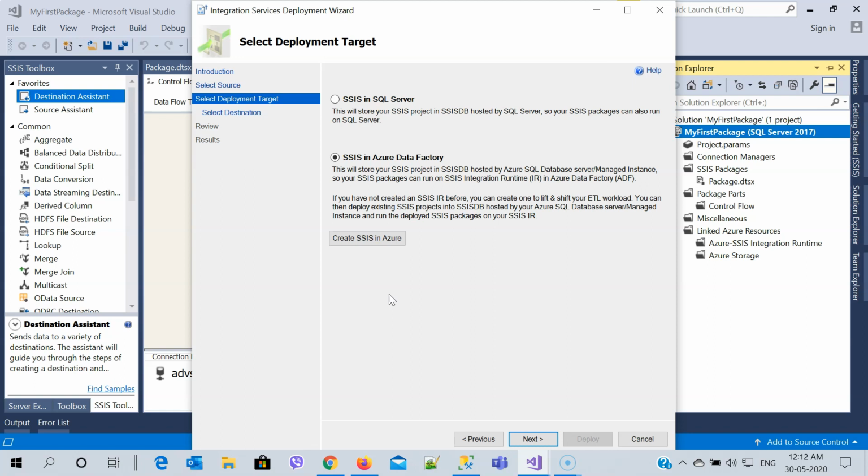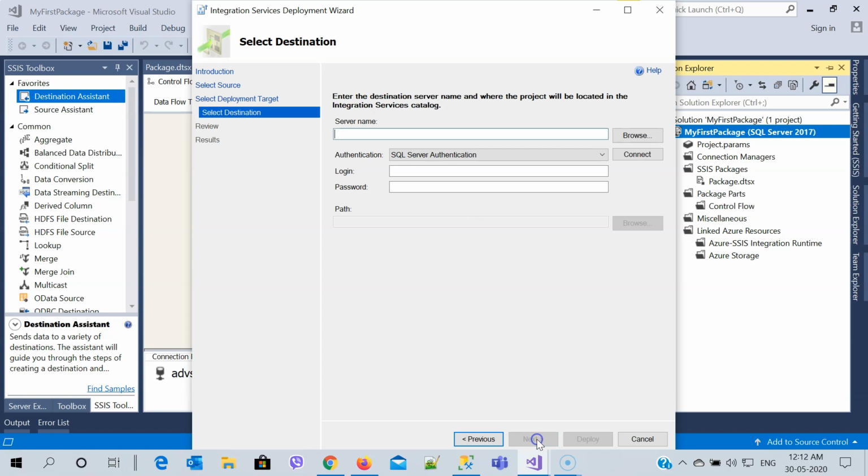I will select this SSIS, so you need to select the SSIS as an Azure Data Factory and then hit next.